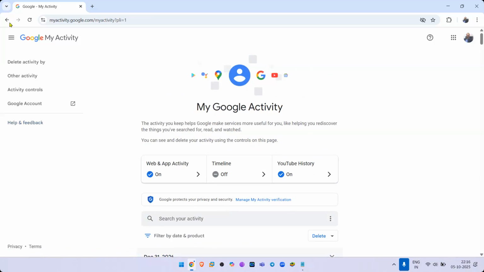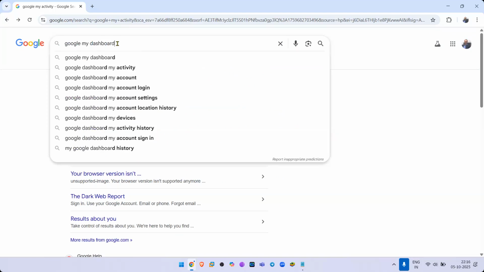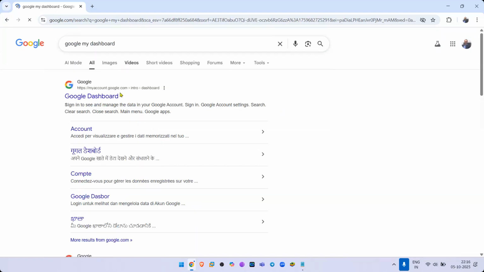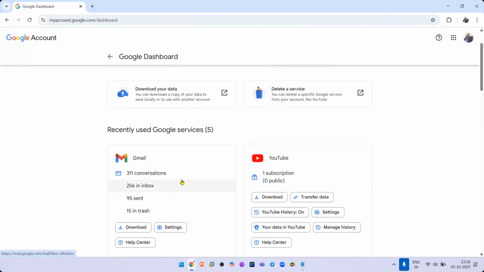Okay. What else can it show me? You can go to Google, my dashboard. Okay. And I think that allows you to download. Now, remember, the scenario is that I am sitting on your computer, or even worse, that I have hacked your Gmail.